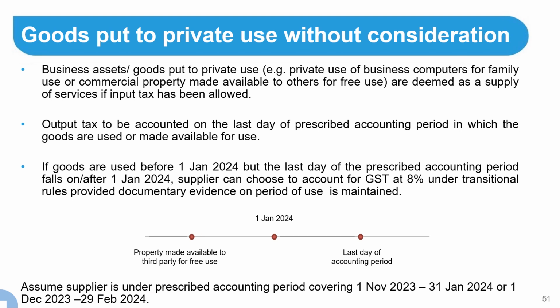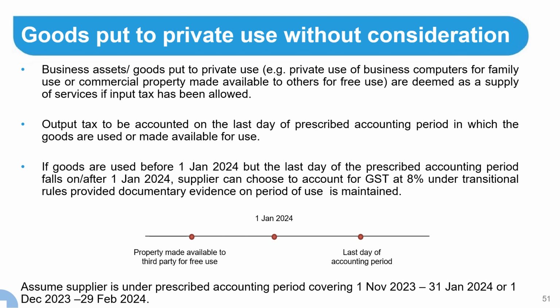Say, for example, your business allows your related company to use the company's factory for free during the month of December 2023. If you have been allowed input tax claims on the purchase of the factory, you will need to deem output tax on the annual value of the property for 1 month at the last day of your prescribed accounting period. And if you are under the accounting period covering 1st November 2023 to 31st January 2024, or 1st